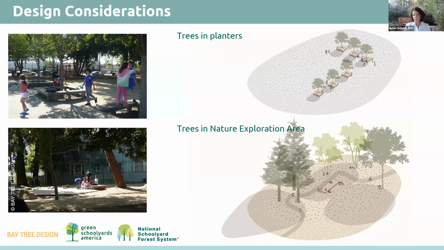Planting trees in a tree well surrounded by asphalt is basically the same as planting them in a container the size of the planting area. Roots cannot spread easily under playground asphalt, which can sometimes be extremely thick, having built up over successive asphalt pours. Alternatively, in the option on the bottom, a location is chosen on the schoolyard for a forested area